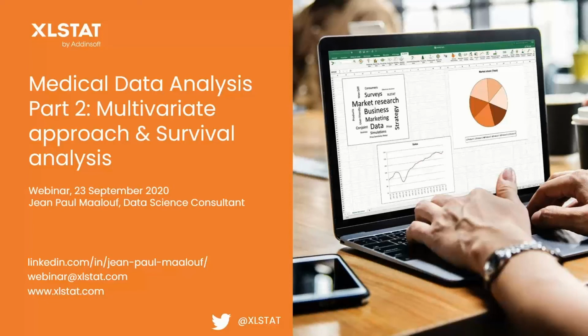You should know that we're going to see a few popular analysis tools, and notably multivariate analysis tools typically used in medical research, such as logistic regression, linear regression, and survival analysis. But unfortunately, in 1 hour, we won't have the time to go in depth to investigate each of these methods. If you want to learn more about them, please don't hesitate to request a consultancy or a training from the ExcelStat team, and we'll be more than happy to organize something for you, which will be tailored to your questions